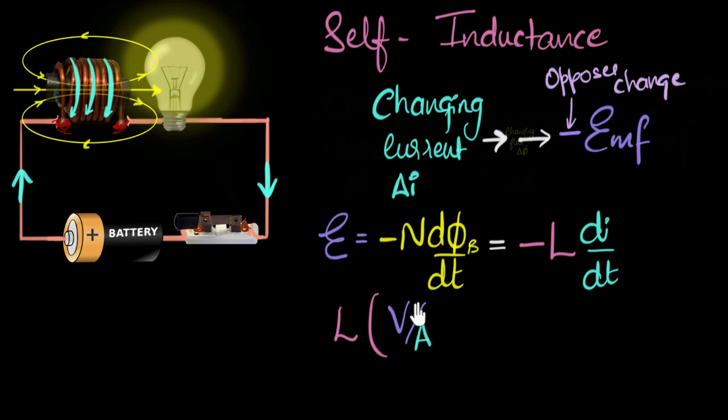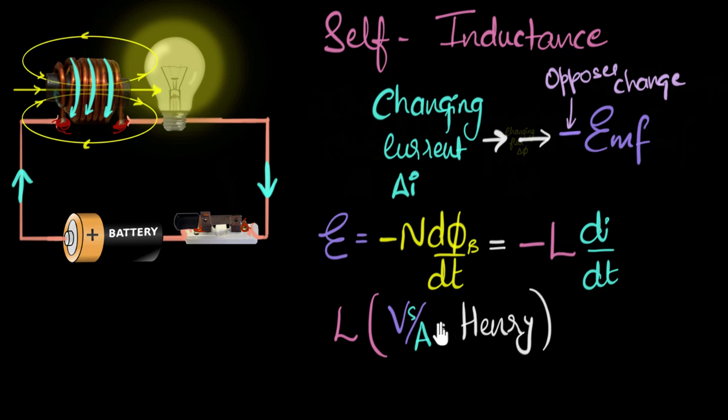Divided by amperes per second, and the second will come on the top. But we often like to write this as Henry, named after Joseph Henry, who was another person who independently discovered electromagnetic induction. And just like capacitances or resistances, which only depend on their geometry and the material used, and do not depend upon the current and the voltage, similarly, inductance also only depends on the geometry, the number of turns, what it is turned around, the material used over here,